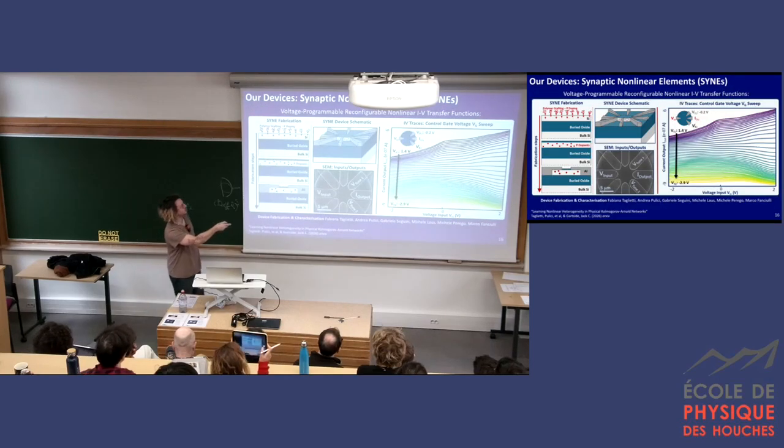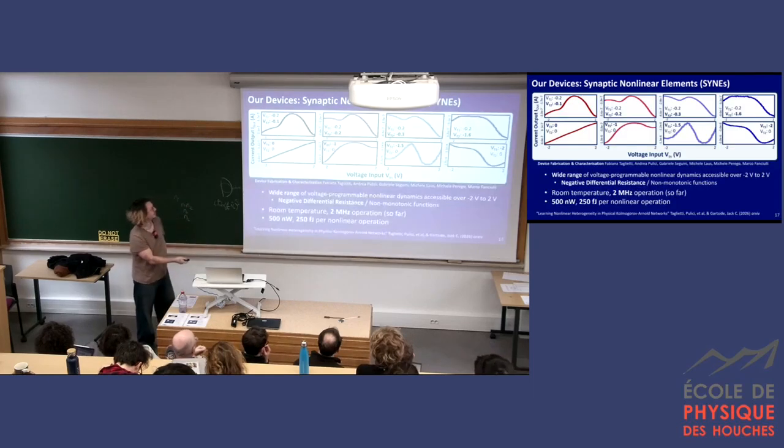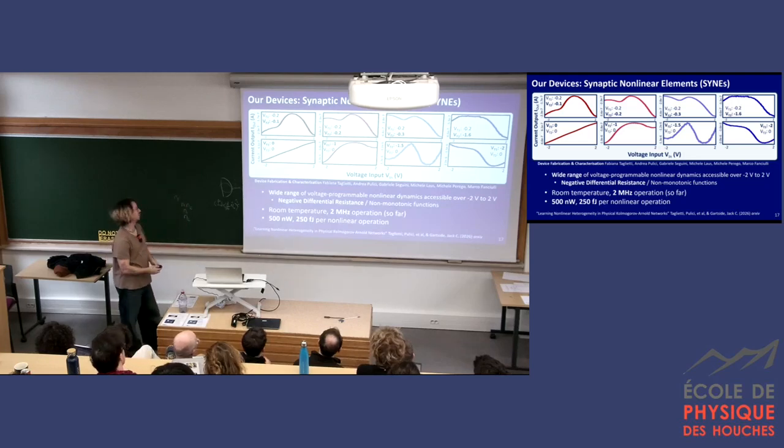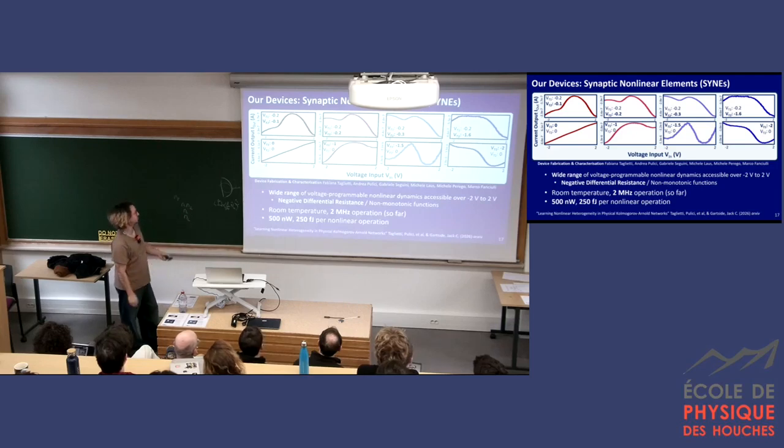So here, just to say, we've fixed the second tuning voltage. Oh, nice little PowerPoint error there. So we fixed the first tuning voltage at -0.2 volts, and we're sweeping the second one. So that's what's allowing us to get this smooth set of curves. Here, I'm just showing you some more points from the whole kind of nonlinear transfer function surface that we can access. So we have this big range of voltage programmable nonlinear dynamics over a pretty small voltage range. We see things like negative differential resistance, non-monotonic functions, basically just kind of how much harmonic content and turning points. We think that's a nice building block to build whatever you want.